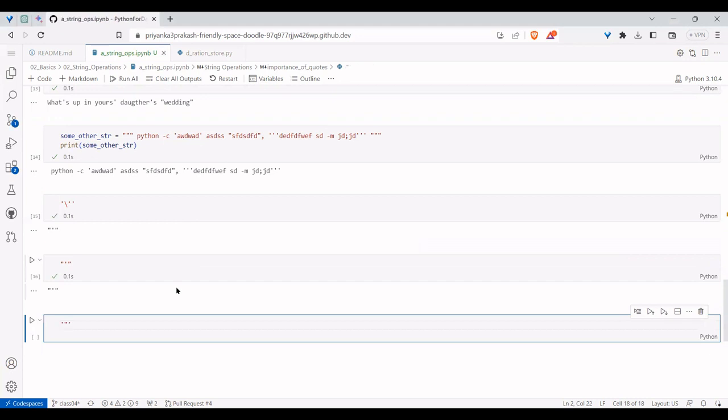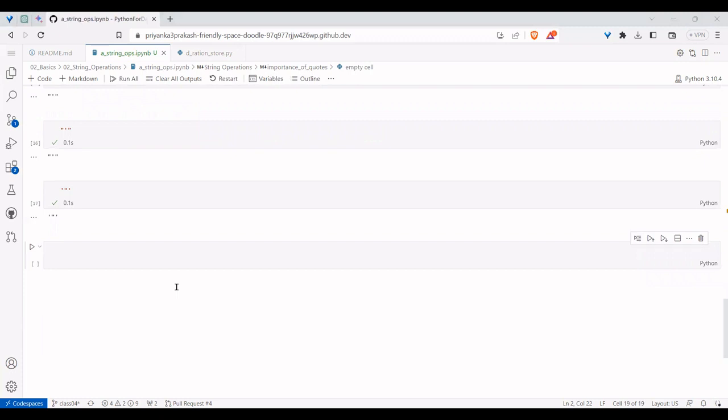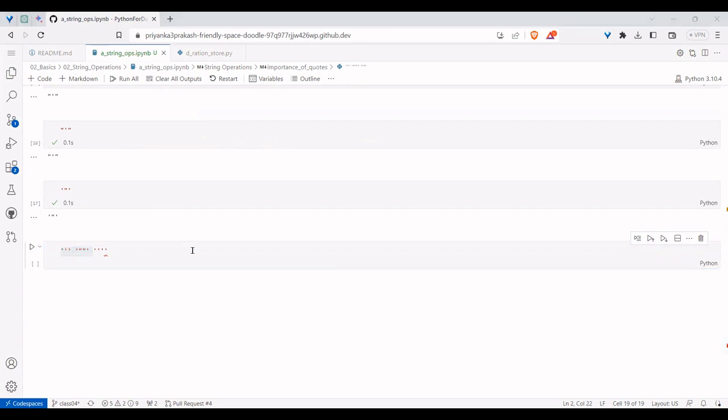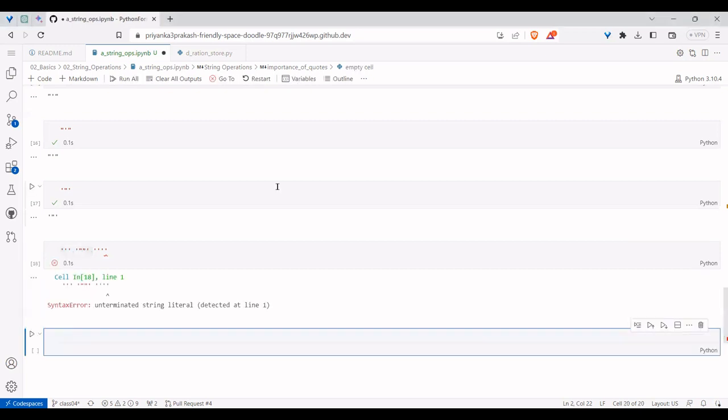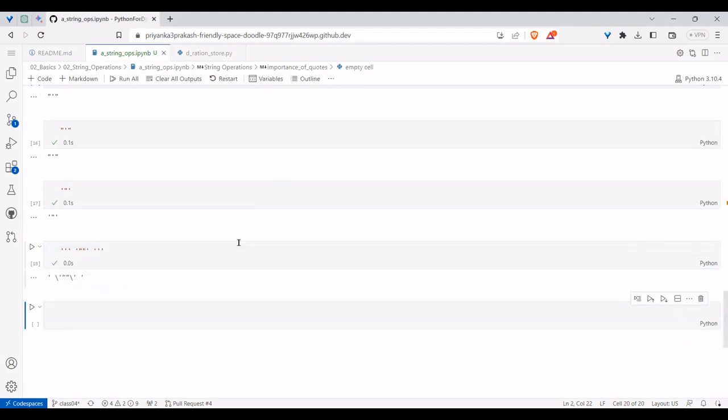If you have single quotes, we can use a double quote, and within it you can place a single quote around. And if you have something like this, this is a very good example. I have double quotes which are around single quotes. So that's why I gave a space and I gave this triple single quotes. Like that, whatever complex case I have, I can handle it. You see? So what is it thinking? With triple quotes, I add one more quote. That's why it got through. So like this, it's going to work.